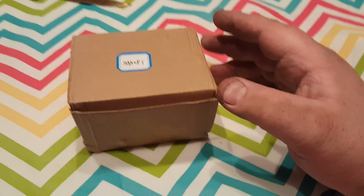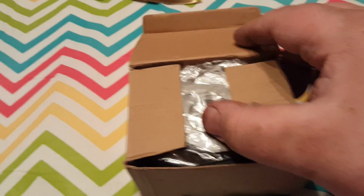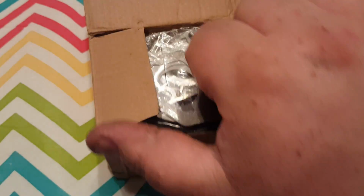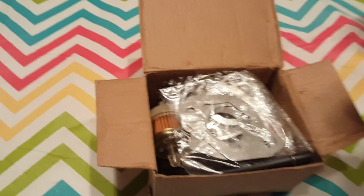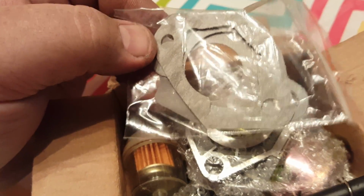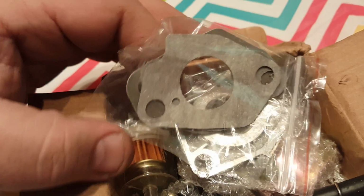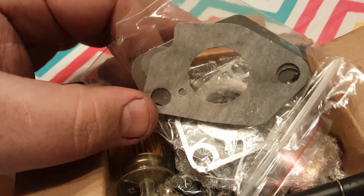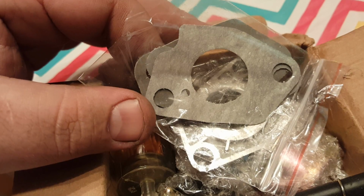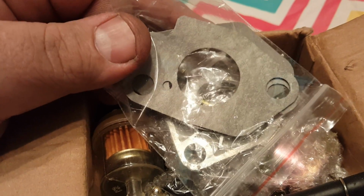So, see, we open the box, and what do we have? Gaskets. That was one thing I was really hoping was in this kit. Sometimes you see stuff on eBay and it doesn't actually come with what it's supposed to come with. And these are one of the problems that the guy was having. The gaskets. So that's really nice to have right there. And some of these gaskets actually cost a pretty good penny,